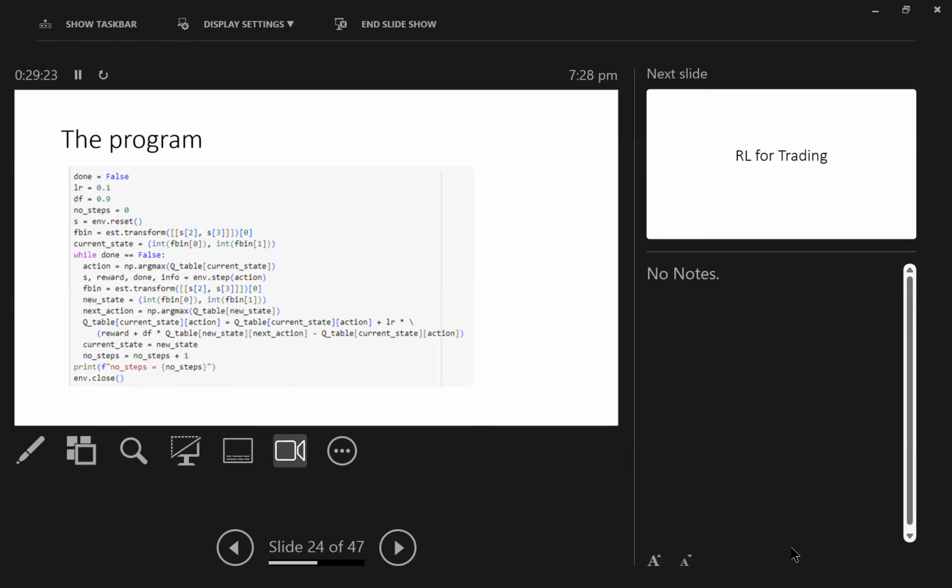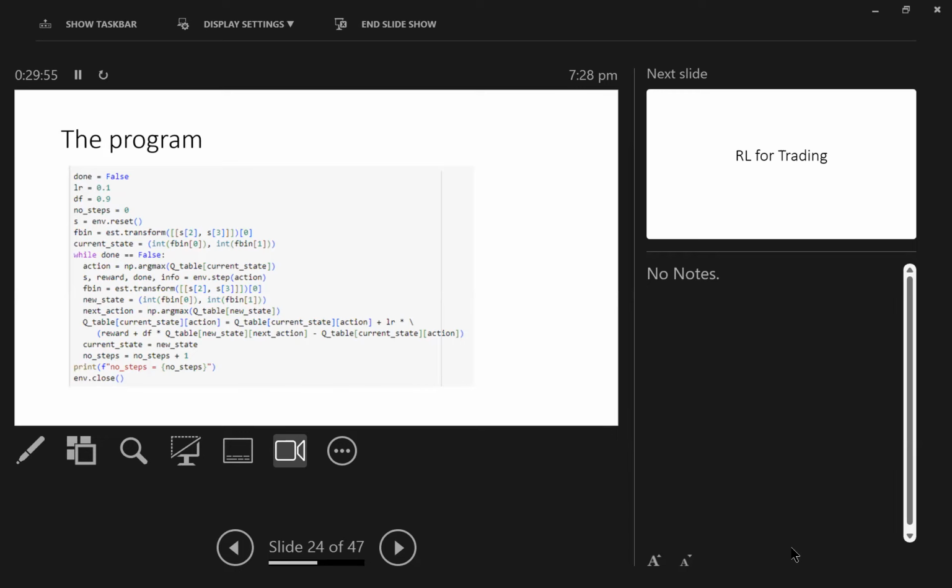Now, I argue that this is exactly what we need to do. So basically, argmax works on the current row. In this row, which has two numbers, the one with index 0 and the one with index 1, argmax